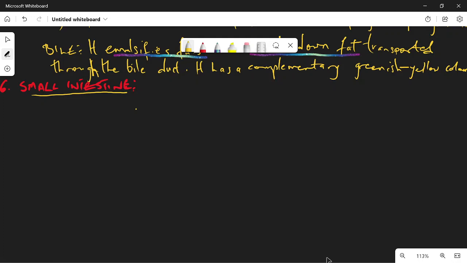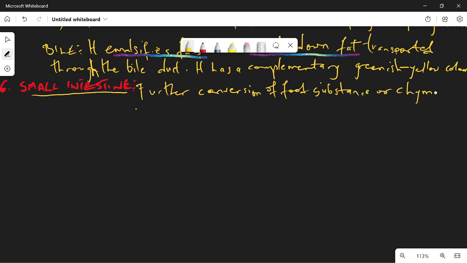All of these enzymes are secreted in what? Let me put this: further conversion of food substance